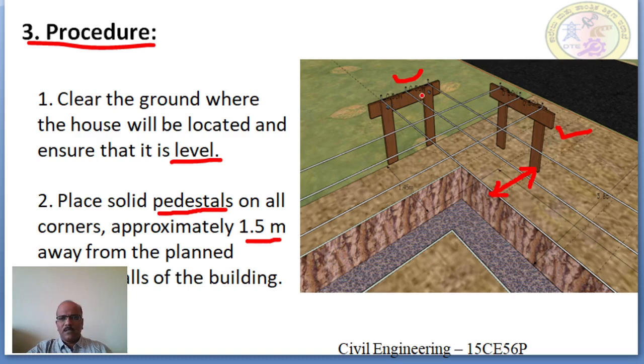These profile boards and these centerline marks are referred to for the further construction like bed concrete or brick masonry construction, or the construction of columns, foundations, and at the plinth level also we can refer to these permanent pillars for the further construction. So these profile boards or the pillars should be constructed at a distance of 1 to 2 meter, or preferably 1.5 meter, away from the edge of the excavation.